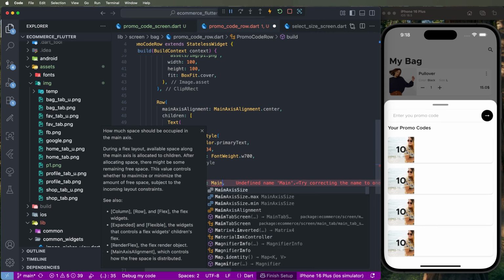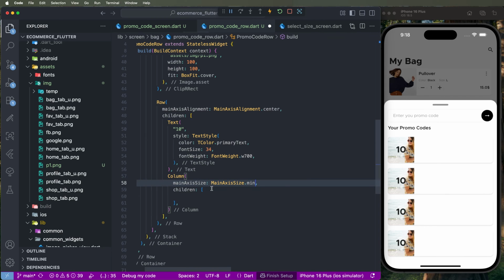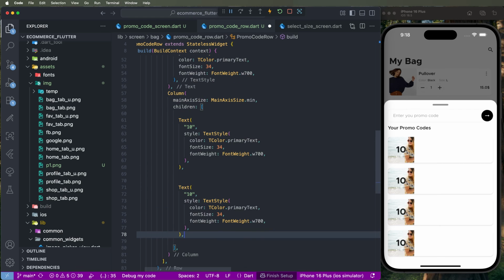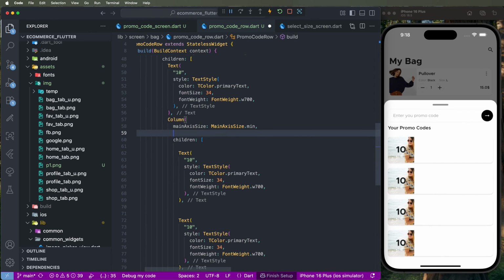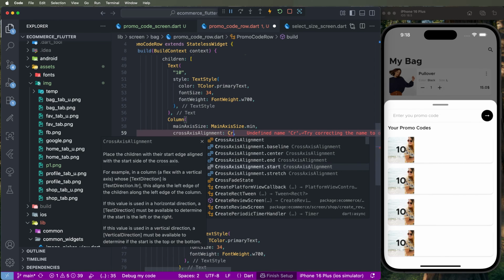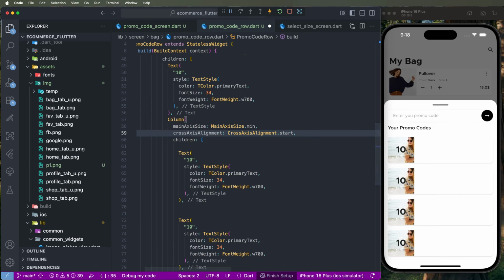We need to set here the minimum, and again we need to copy this ones, paste this like here, and cross axis we need to set as a start. Now we need to set here the percentage signs like here, and need to set here the off like here,